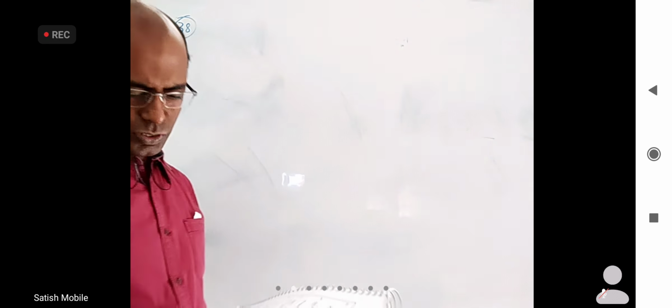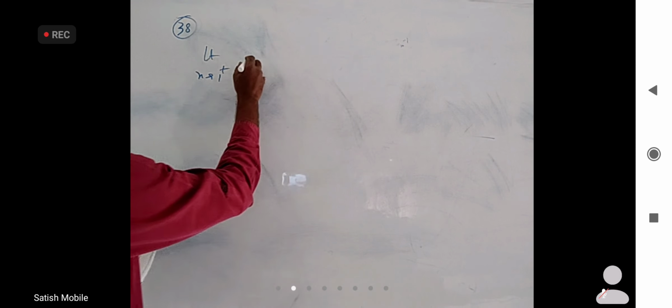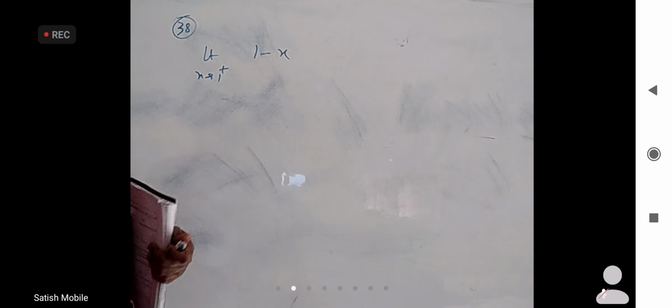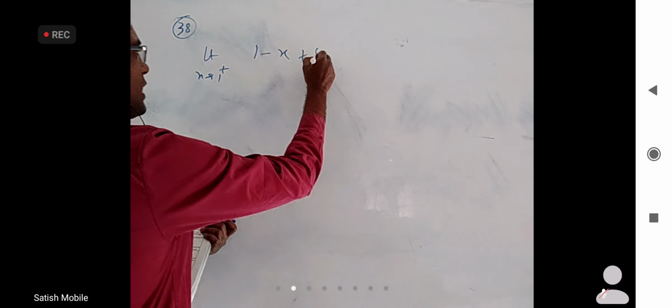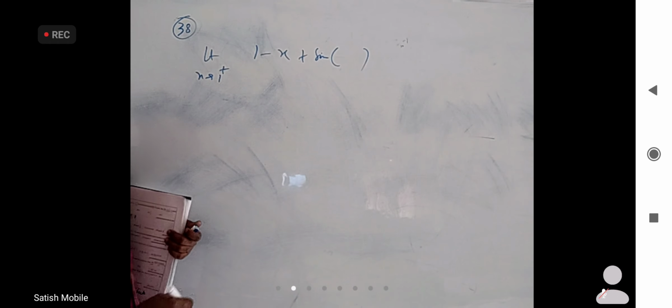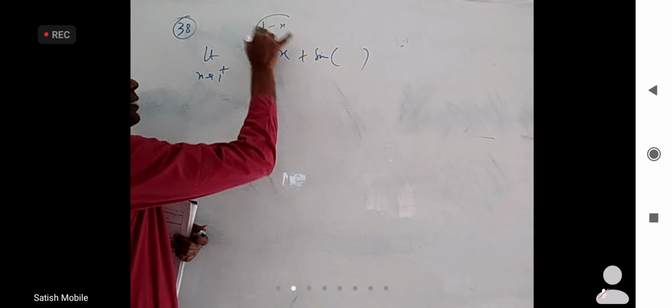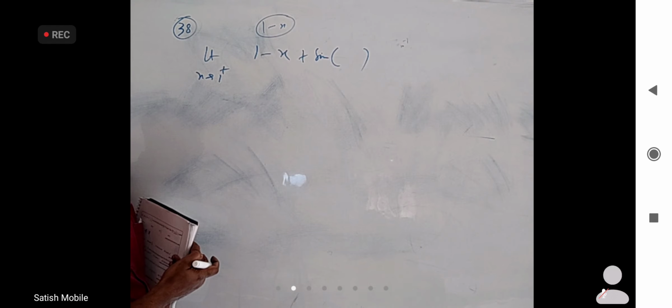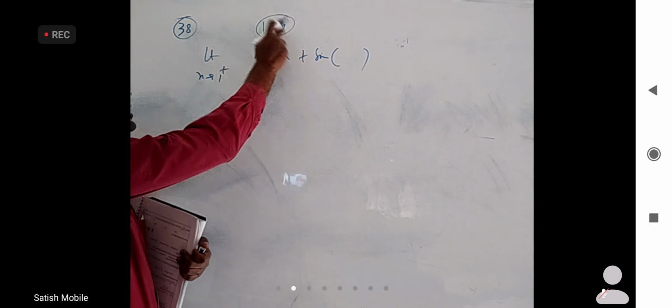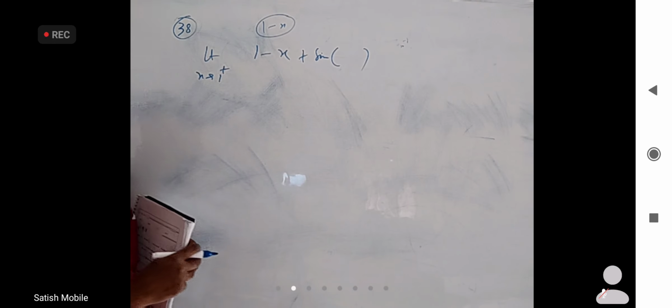For each t belongs to R, let the integer part definition. You have to see carefully. There is a mod and there is an integer part. Limit x tends to 1 plus. First of all, mod x is x only, because just after 1, x is positive, so that is x. Sign inside the mod: 1 minus x is there. Just after 1, will 1 minus x be negative or positive?